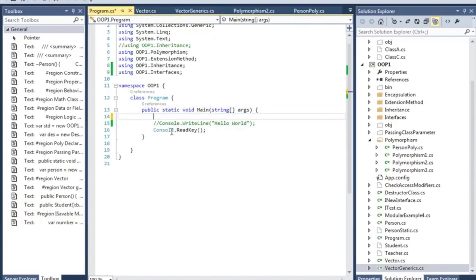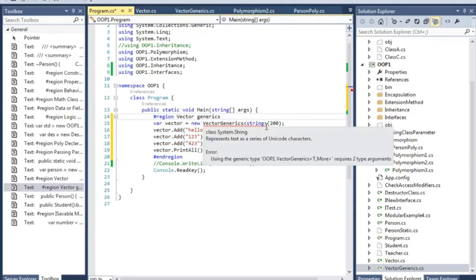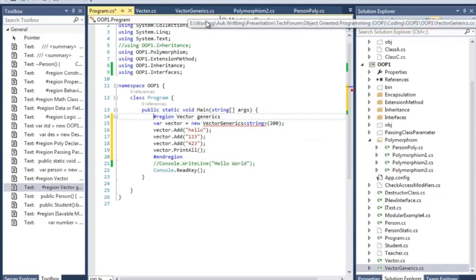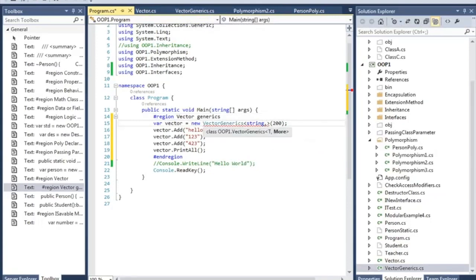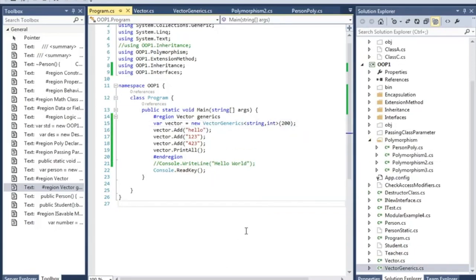Our program. Here is my generic class. Previously it had only one generic parameter, but now I have used another generic parameter, which is more, which is no use in the class. As you can see, when I put a comma, I will see the parameter name, and I will see that int. It's actually nothing, but let's say it's int. It is not going to be used in the application, but to make you understand, I just gave two names in the templates. So if you have two names or more than one name, you could use it.